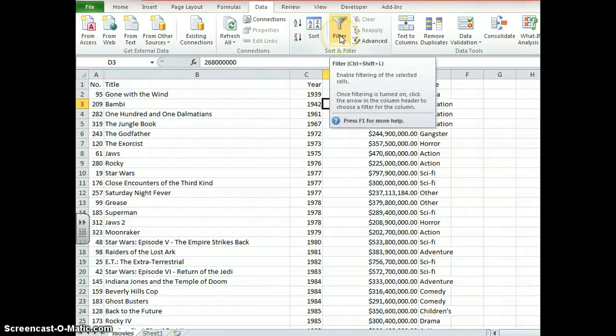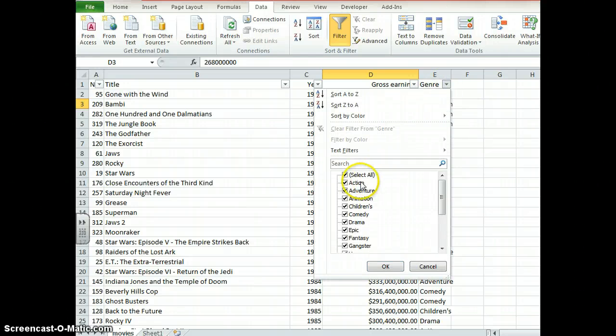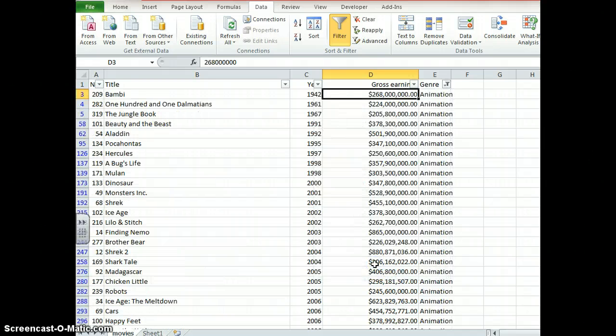So I press the filter button and I go to genre, and I choose to deselect all and choose animation and press OK. Now as you can see, there's lots of animation films from 1942, 1961, but now how many after the year